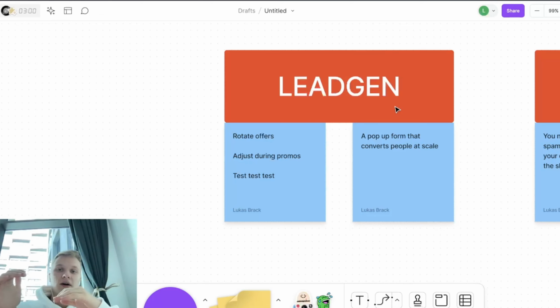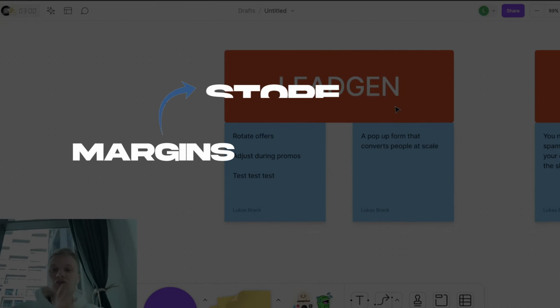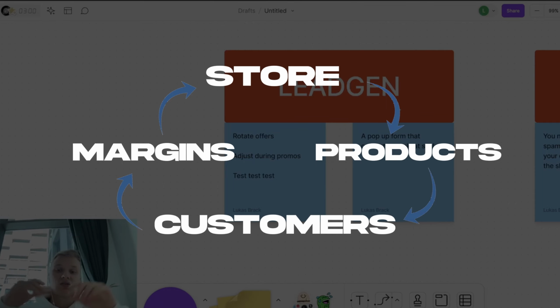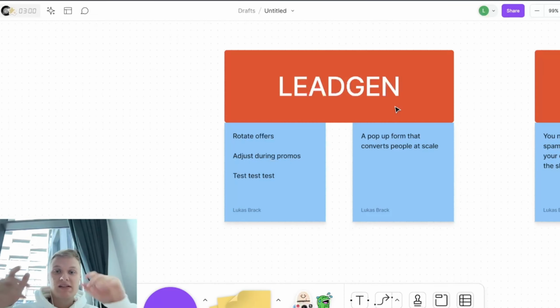So you can do $30 off, and everyone is getting $30 off above $300, for example. That way, if they buy something for $600, they still get $30 off, which is 5%. But the perceived value is higher, so the sign-up rate is higher as well. Rotate between those offers. One little tip here is something that you can test is giving a free gift with that purchase. This is very, very powerful when it comes to the pop-up offer, but it also has to make sense for your margins, for your store, for your products, for your customers. So rotate these offers and basically go through and find something that works for you.